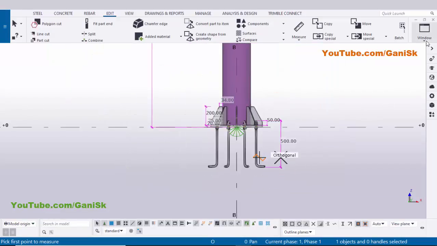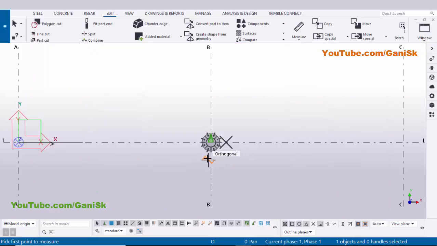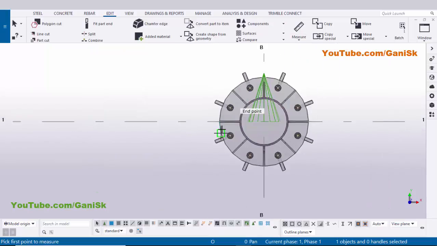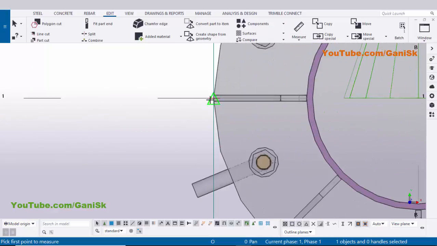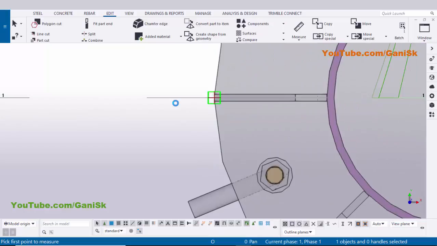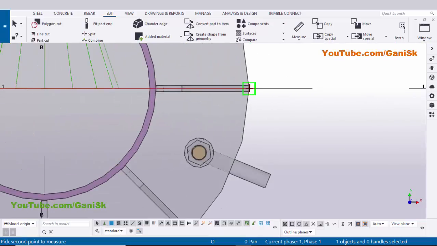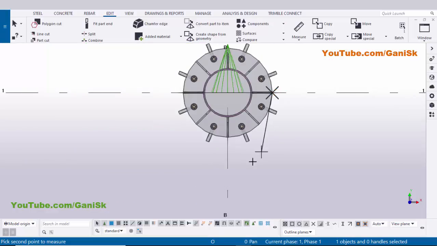So we need to go to the top view. So select this plan at 0 and zoom it here. Click on here and select this horizontal distance and pick the first point at this location and pick the second point at this location and use the left mouse key to click on here. You can see now we have total base plate length 500 diameter.